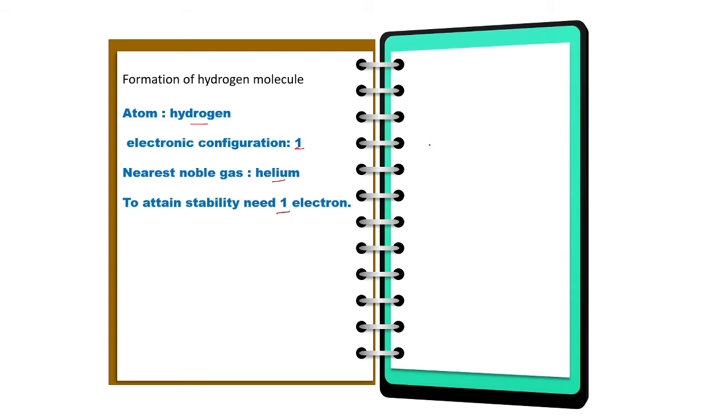Now let us express this whole information in a diagrammatic, schematic way. This is hydrogen, this is hydrogen. Here you cannot have an electron transfer because both are similar in nature, so the electronegativity difference is 0. So what they will do is share this electron between them and form